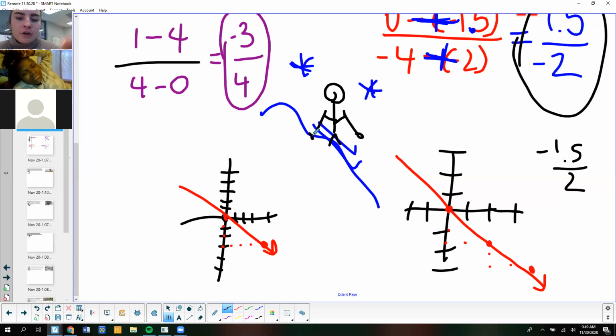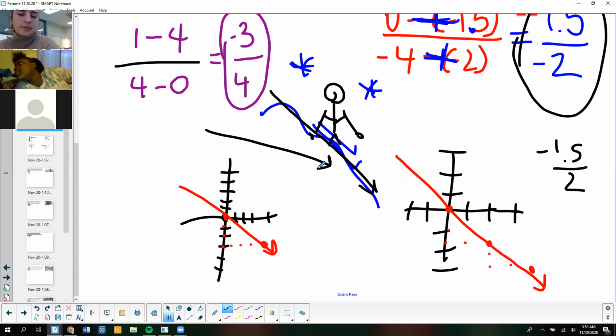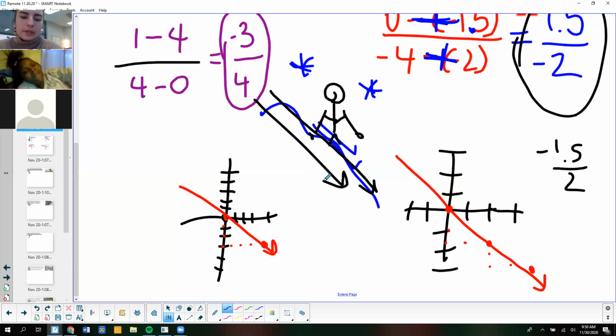But if I was on the slope, think about if you're sledding. If you've ever been sledding before, think about which hill you want to go down. I typically would want to go down the one that would make me go faster, so think about steepness. If it's not as steep, you're going to go slower. If it's kind of flat and gradual, I'm not going to go as fast. If it is steep, I'm going to drop really fast and go really, really fast. I know those lines look similar. They both have negative slopes, but